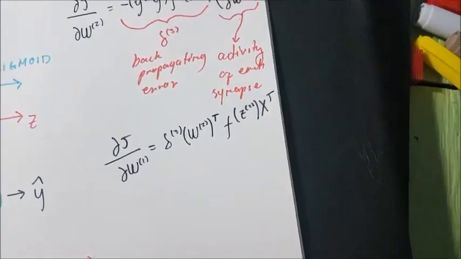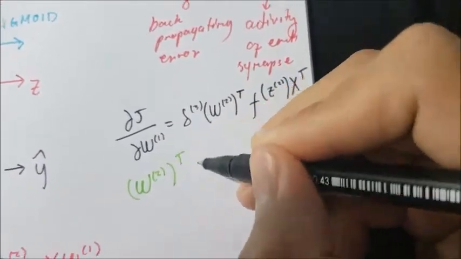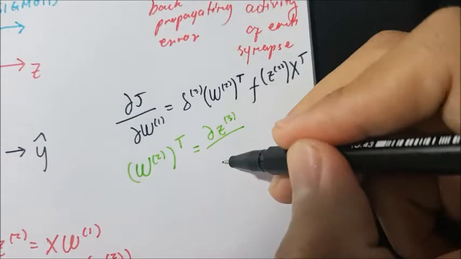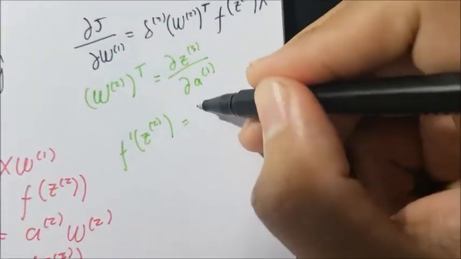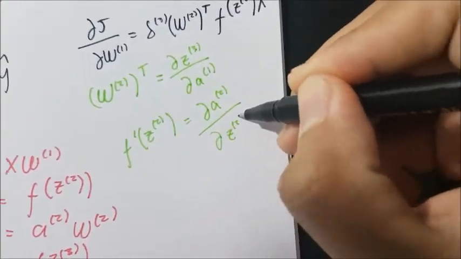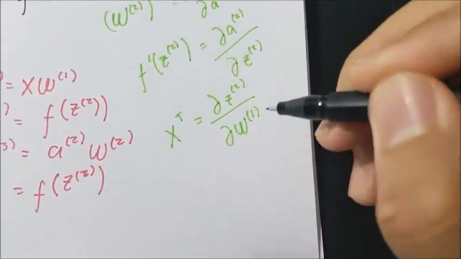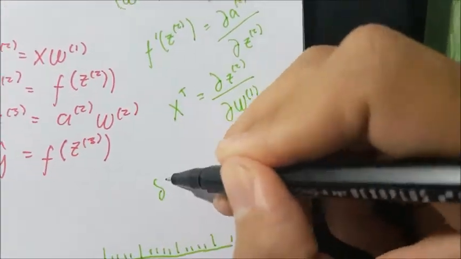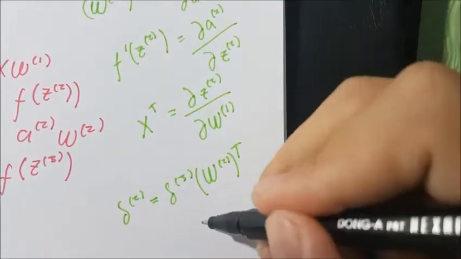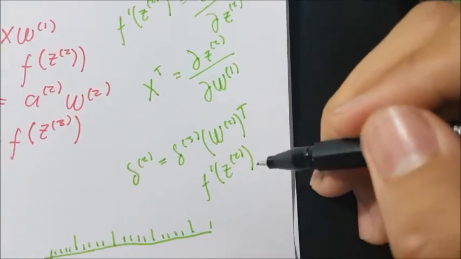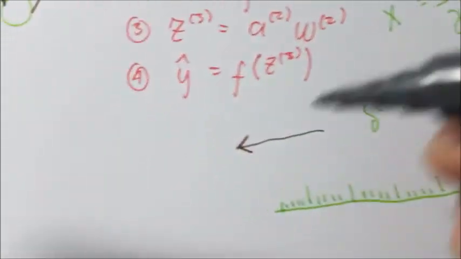X, where the transpose of W2 is just equivalent to the partial derivative of Z3 with respect to A1, and the prime sigmoid of Z2 is equivalent to the partial derivative of A2 with respect to Z2, and the transpose of X is just equivalent to the partial derivative of Z2 with respect to W1, and the product of delta 3, the transpose of W2, and the prime sigmoid of Z2 is equivalent to delta 2. With those formulas, we can now compute for our dJdW, or the partial derivative of J with respect to